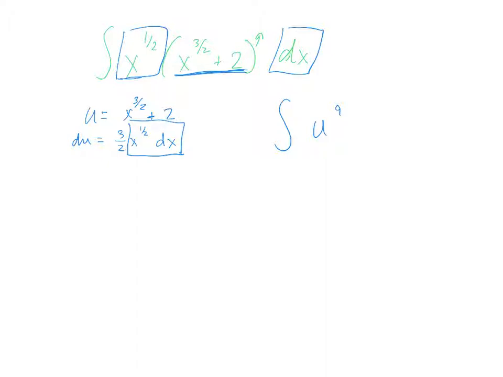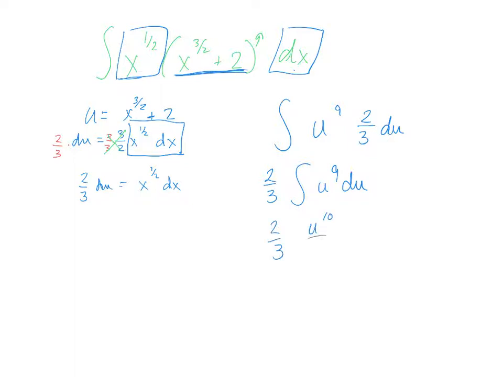How am I going to get that? Well, instead of dividing by 3/2, let's multiply both sides by the reciprocal so that those fractions will cancel out. And so I'm left with 2/3 du equal to that x to the 1/2 dx I have to replace. So x to the 1/2 and dx is going to be replaced with 2/3 du. And as always, the 2/3 comes out in front. I have u to the 9th du,